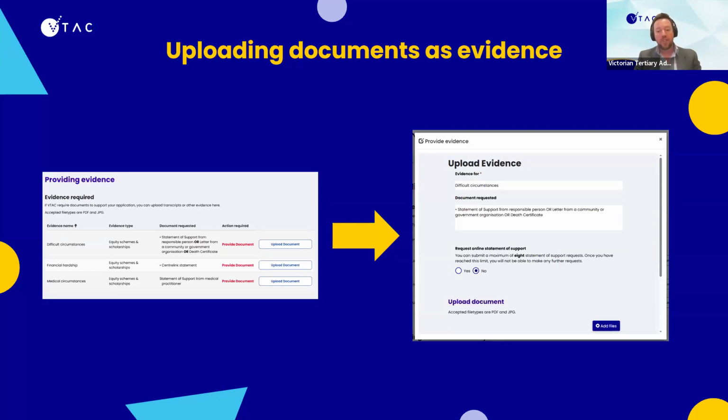There'll be a table summarizing the evidence required based off of what you've entered in the equity schemes application. Just click on upload evidence and a window will appear.